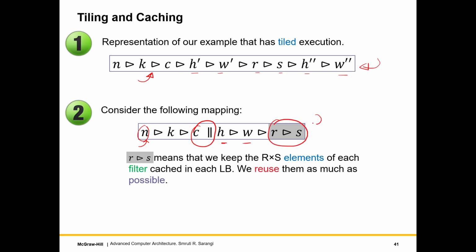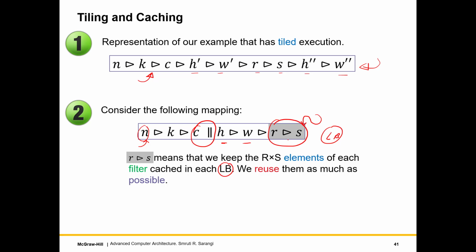The new thing here is the shaded box, which basically says that all the elements of the filter, RS, essentially the kernel, come from the local buffer or the L1 cache of the PE. So this is the material that is cached locally in the local buffer. This is cached. So the idea here is to reuse this as much as possible,